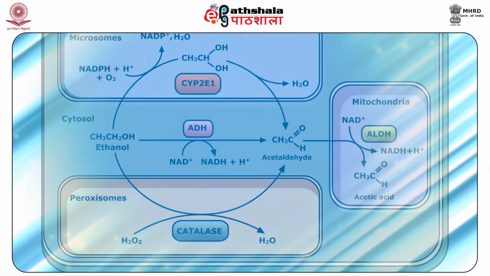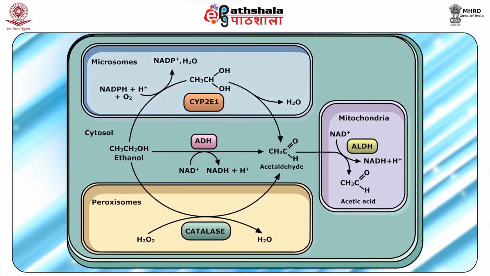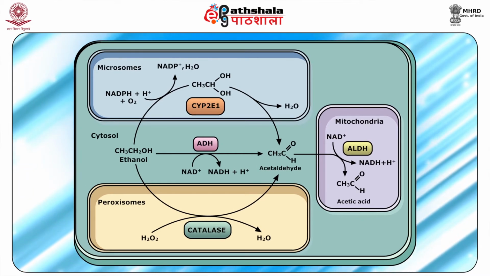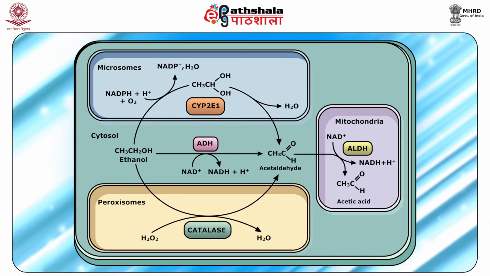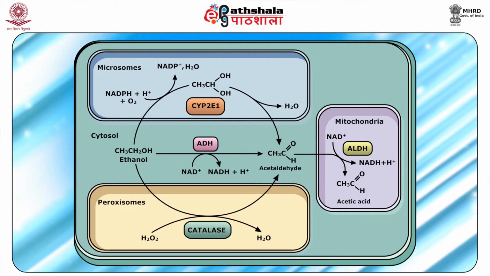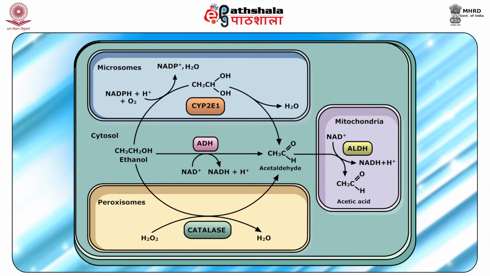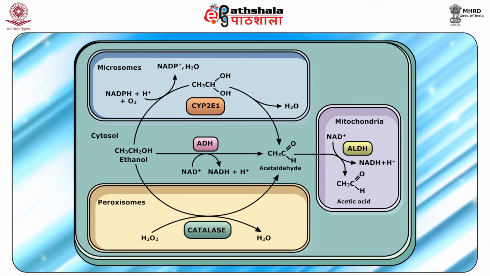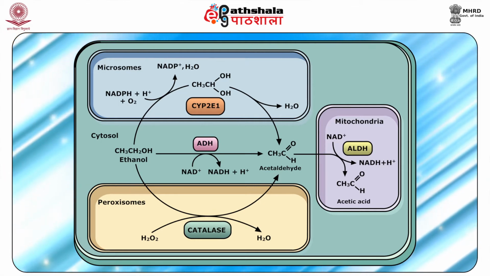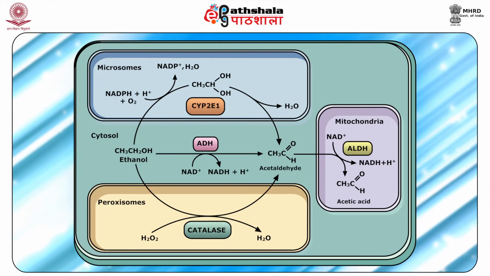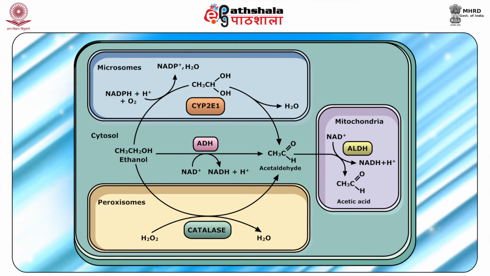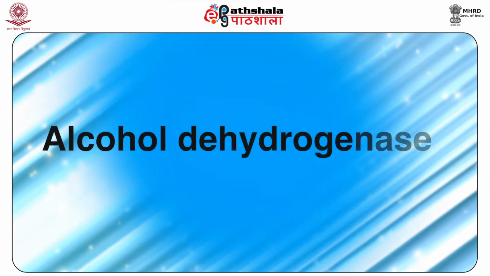The four enzymes taking part in alcohol metabolism are alcohol dehydrogenase or ADH, cytochrome P450, catalase, and acetaldehyde dehydrogenase. All these four enzymes are found in different parts of the body and each has its own way of handling the hydrogen atoms that are knocked out of the alcohol molecule. Alcohol dehydrogenase,